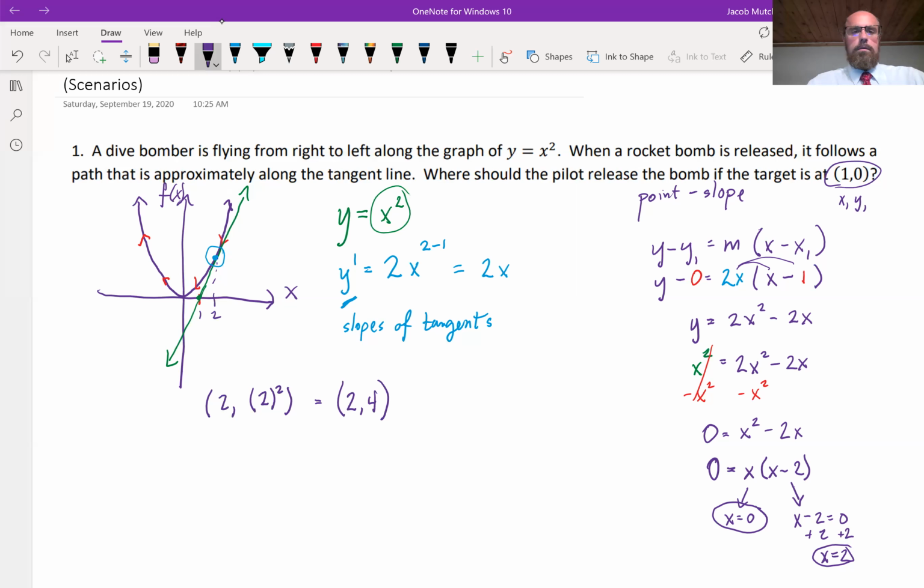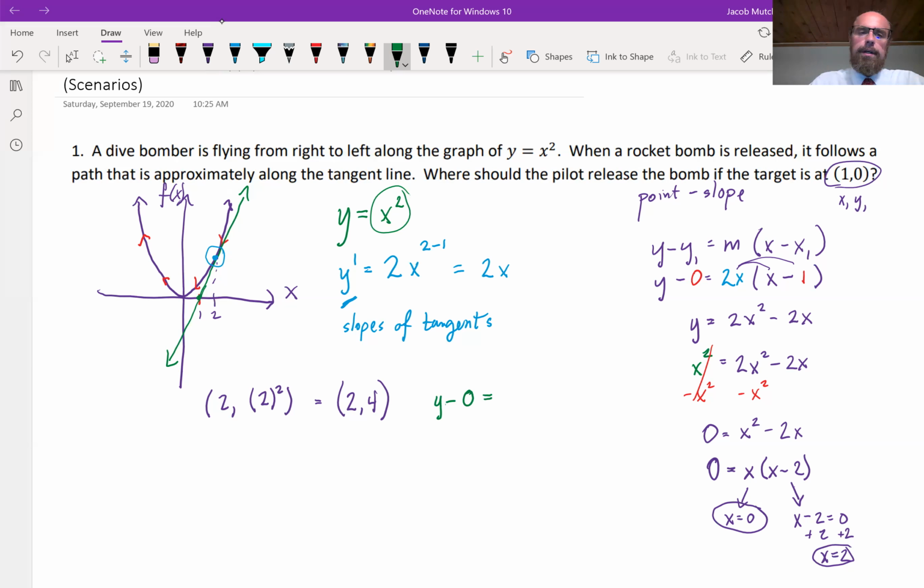Well, one thing we can do is we can check it to see if that actually fulfills these restrictions that this question's presenting us. So first thing is, I could say, let's rewrite the point slope formula to actually give us the equation of a line. So I'm going to take and rewrite this point slope. So y minus, and at this point I could use either 1, 0 or 2, 4 for my x1, y1. So I'll use 1, 0 because I know that has to be on the line. So it's y minus y1 is 0